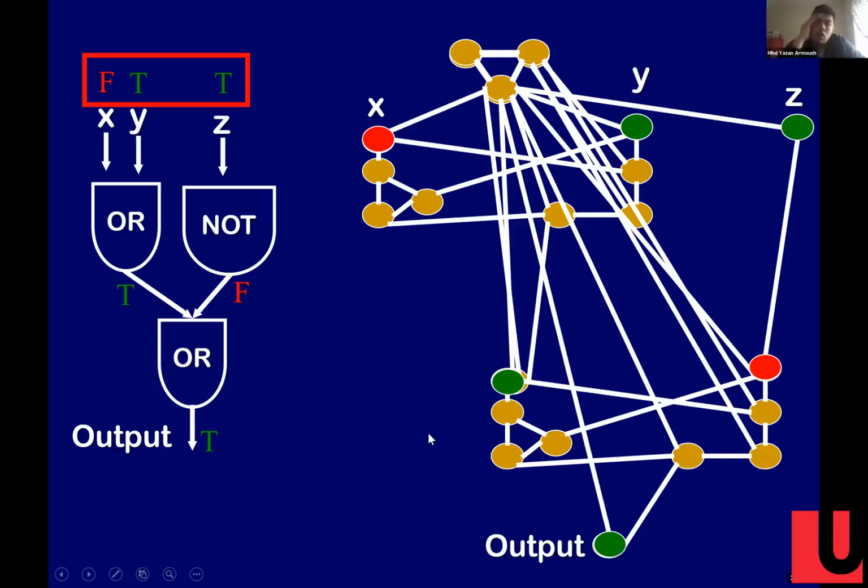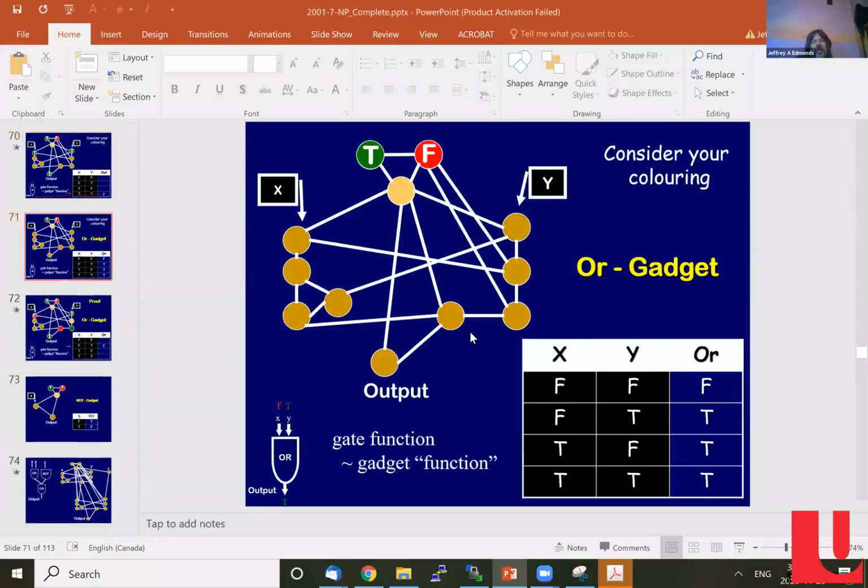Professor, I don't understand why the second OR gadget isn't connected to the output of the first OR gadget. It is. Do you see my mouse? That is the output of the first OR gadget and the input of the second OR gadget. So why is there a line being connected all the way to the top? To the third node? That's because if you go back to see what the gadget looks like,